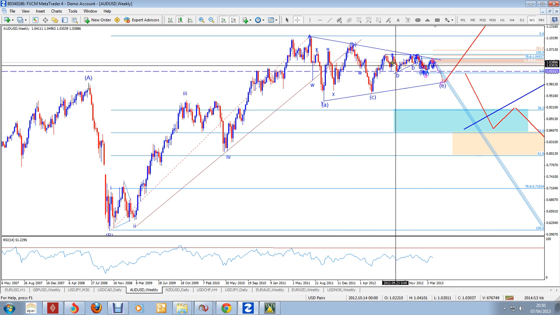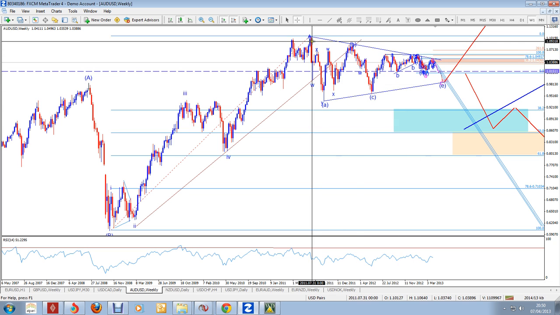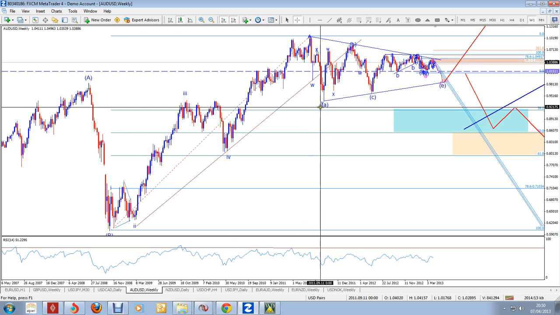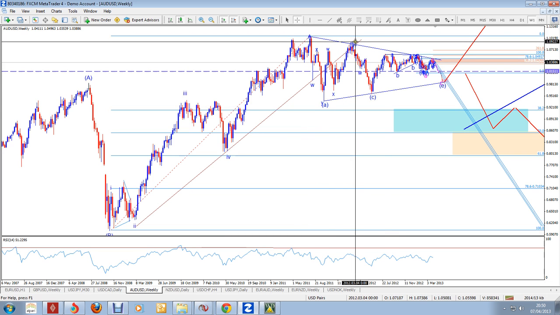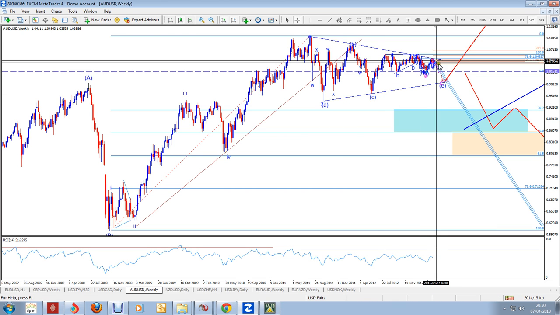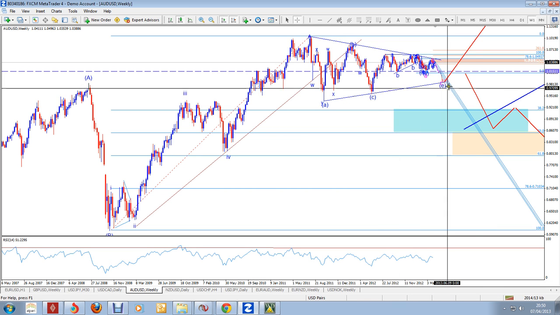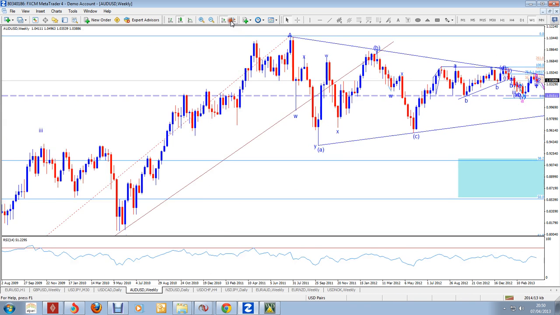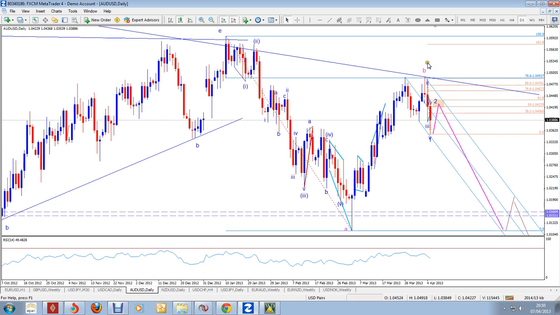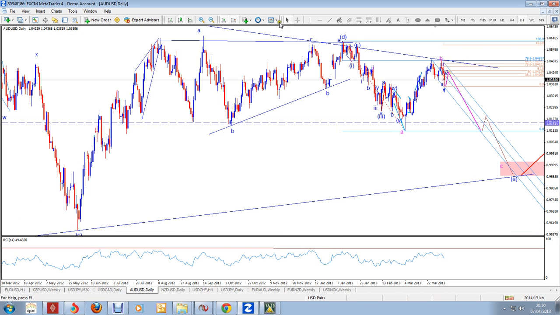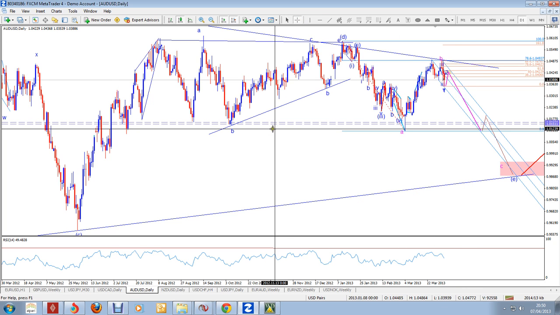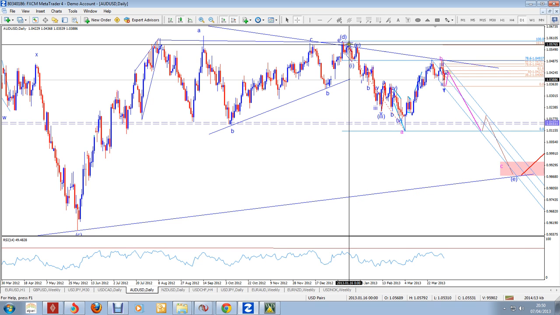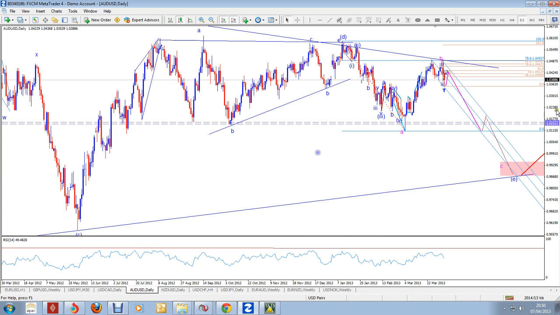So in the current process, ignore the labels now, but we could say that after that capital wave A is done, we got A, B, C, D, and we are coming down to form a wave E. Then we should start going up. So it's a question of whether we are going to come up to the midway or all the way down here. Okay, because the wave E could have finished here,